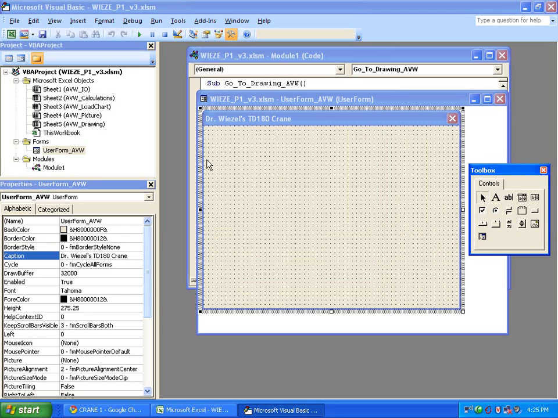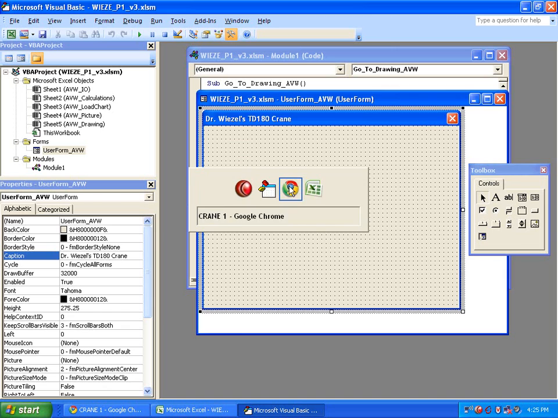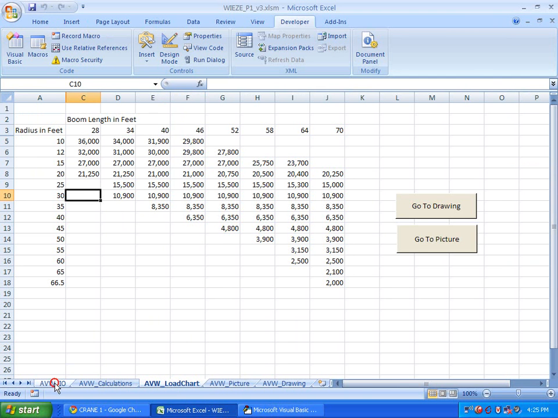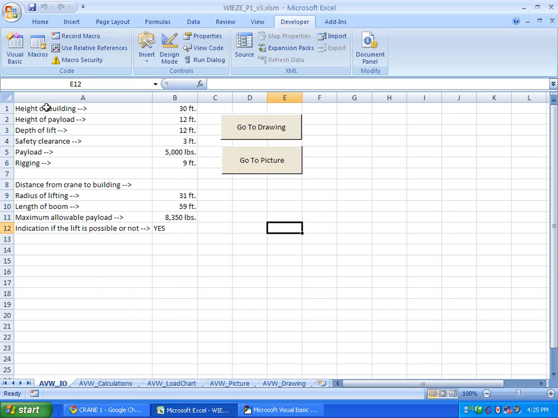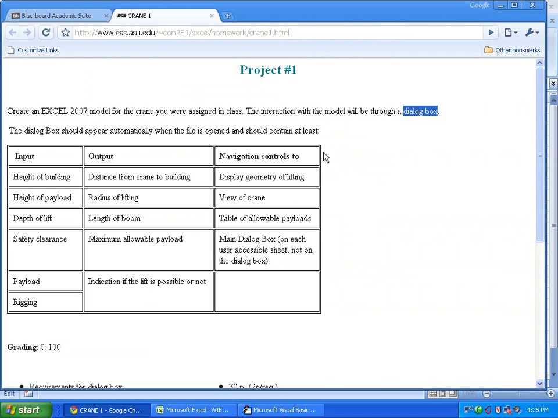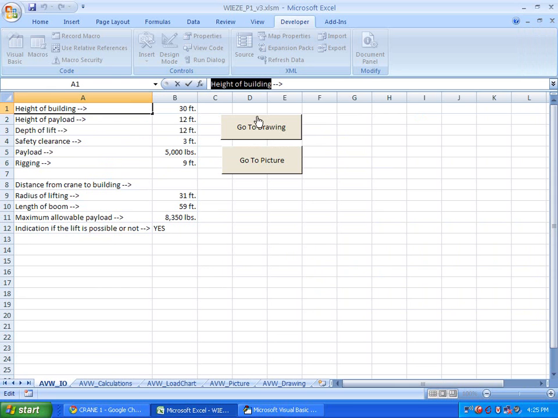The first part of this text box has to mimic what we have over in the input-output area. So it has to have the height of the building, the height of payload, the depth of lift, the safety clearance, the placer, and the rigging. I'm going to do only the first two, the height of building and the height of payload, because there's a little trick there that I want you to see. You will have to do all 6 on your project. And to save me some typing, I copied